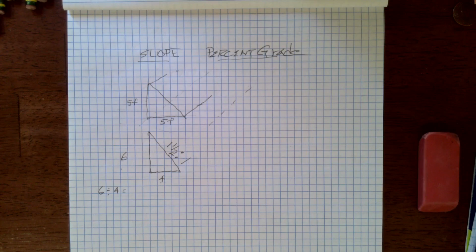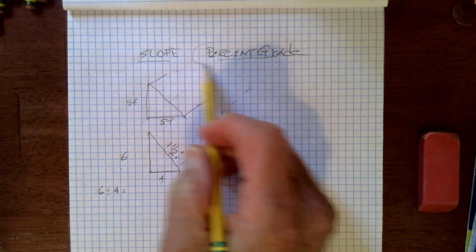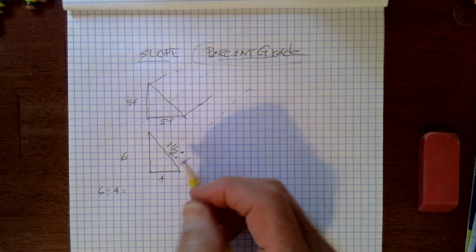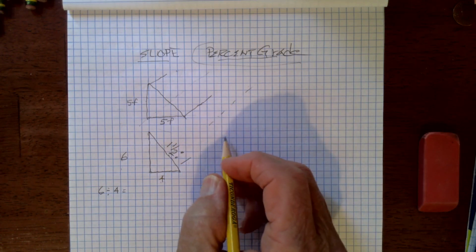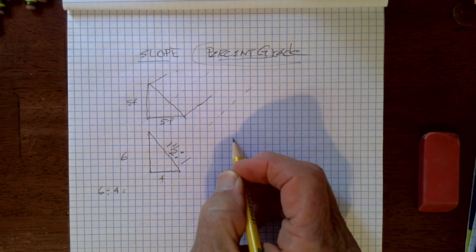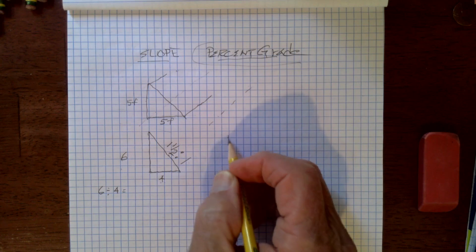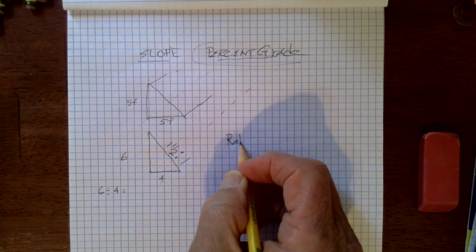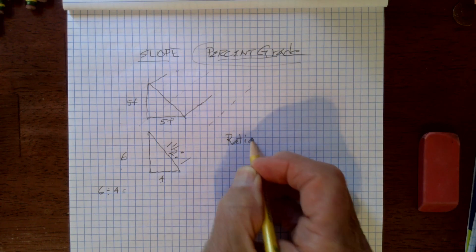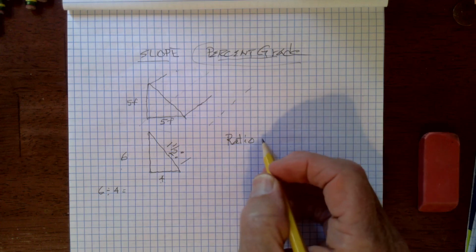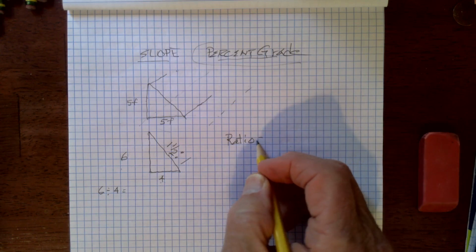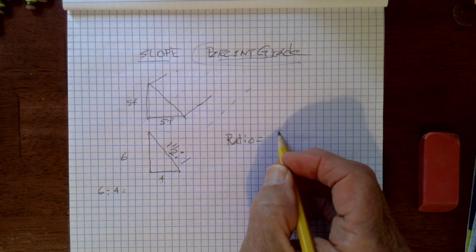So there is a formula for ratio, and I'm going to get to this fella here in a minute. But the formula for slope ratio is this. I'm going to write it like ratio, that slope ratio equals the horizontal distance